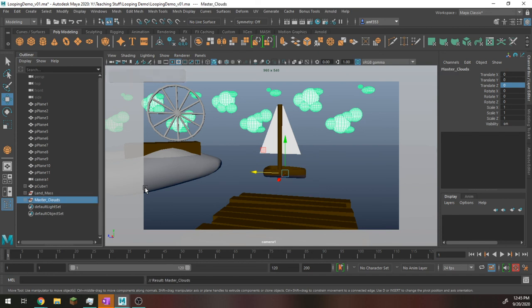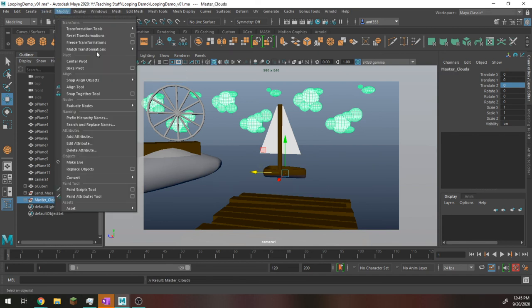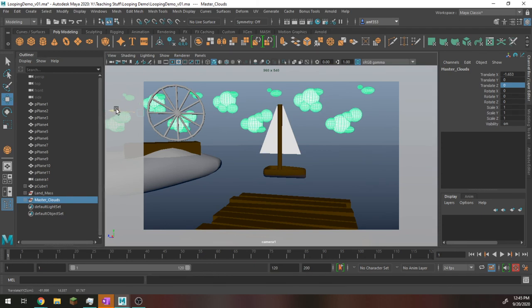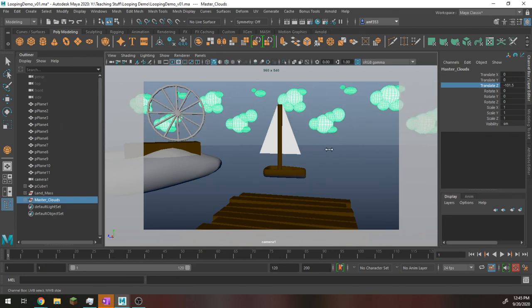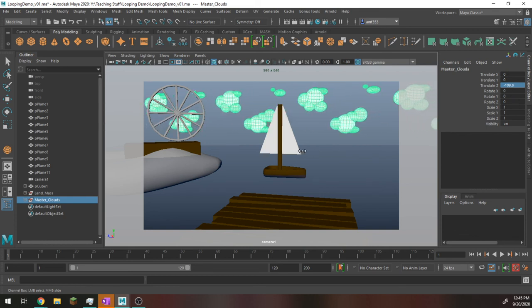Master clouds. So this is going to be all the clouds. I'm going to do modify, center pivot, and translate Z this, let's say negative 100, and basically we're just going to need to get this to line up at the end. What I think I'm actually going to do, because it's going to make my life a tiny bit easier, is line this up so it looks like this is right at the edge of here, and you can't see the repeating tile from there. So I'm going to go ahead and just leave that